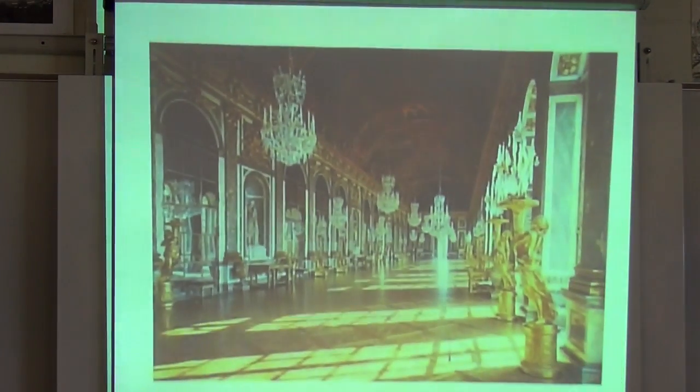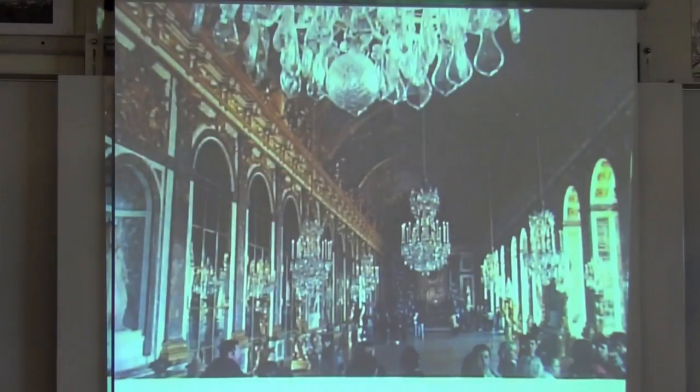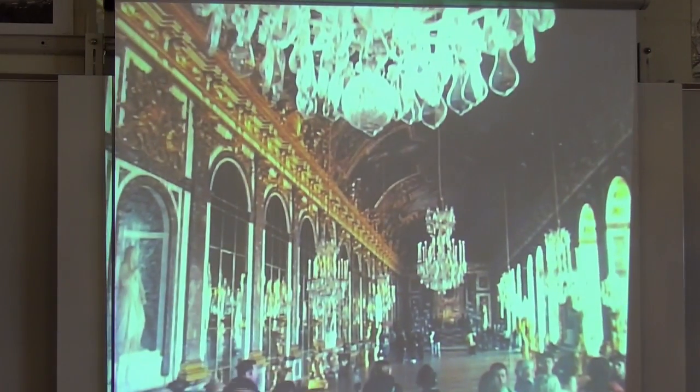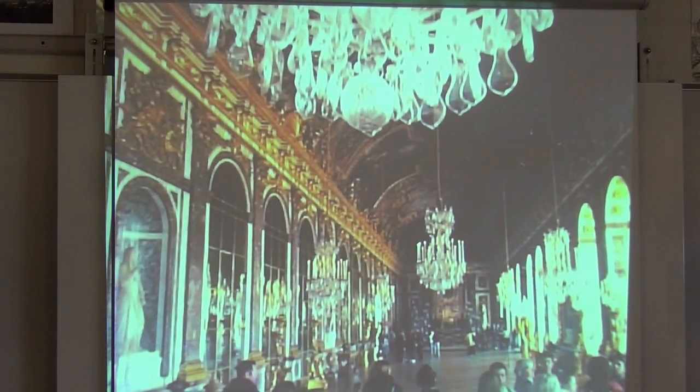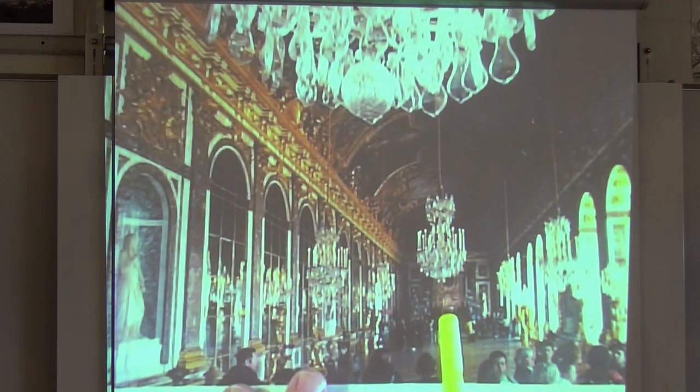Take a look at that. That's pretty cool, right? Okay. One of the things you'll discover, and one of the things you'll see, is that on the tour, you always enter from this side. Apparently Louis XIV did this thing that when people entered to come see him, he set his throne up at the opposite end.